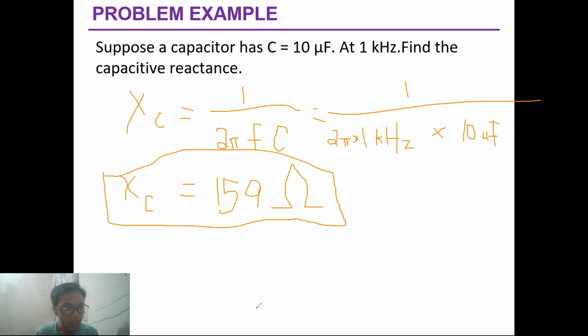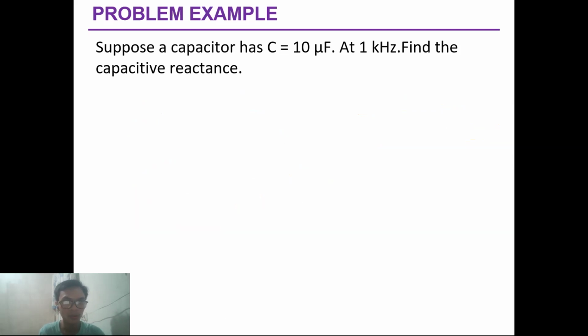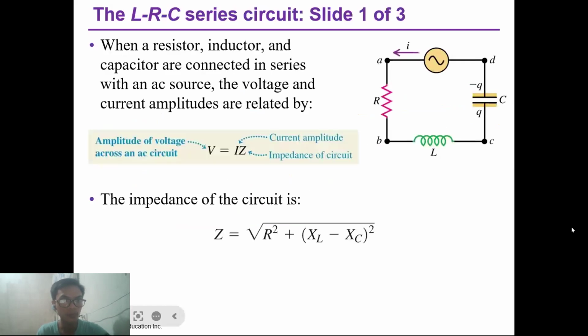So why is it important to separate the high and low frequencies in audio systems? So we will move on with the LRC series circuit. When a resistor, inductor, and capacitor are connected in series with an alternating current source, the voltage and current amplitudes are related by this formula, V, which represents the amplitude of voltage across an AC circuit, is equal to the product of the current amplitude as well as the impedance of the circuit, represented by